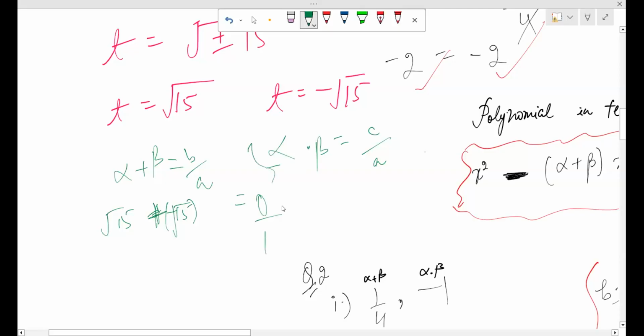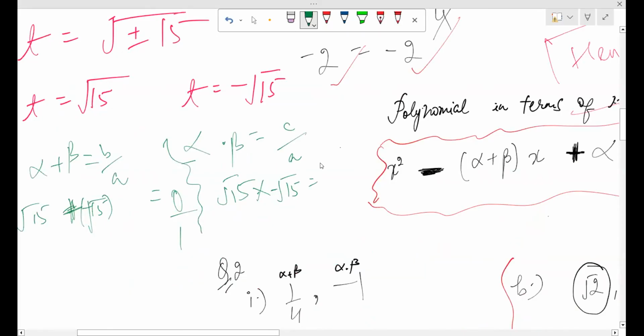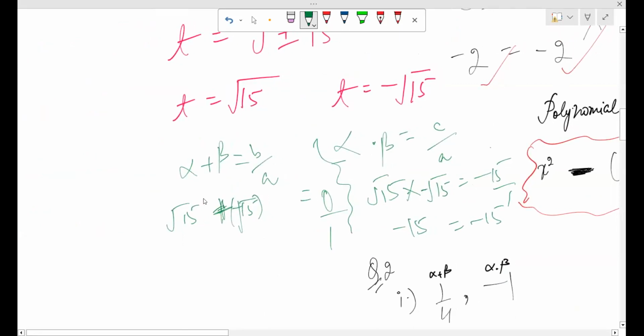ये कितना आएगा, अल्फा कौन है √15 इंटू -√15। सी कितना है, कांस्टेंट टर्म -15, करेक्ट, अपॉन 1। देखते हैं। √15 इंटू √15, दोनों रूट हट जाएंगे तो -15 आता है, और ये भी, तो दोनों सेम हो गए। LHS इज इक्वल टू RHS, इधर प्लस माइनस में सेम नंबर हो तो 0 ही तो देते हैं, ये भी वेरीफाई हो गया।